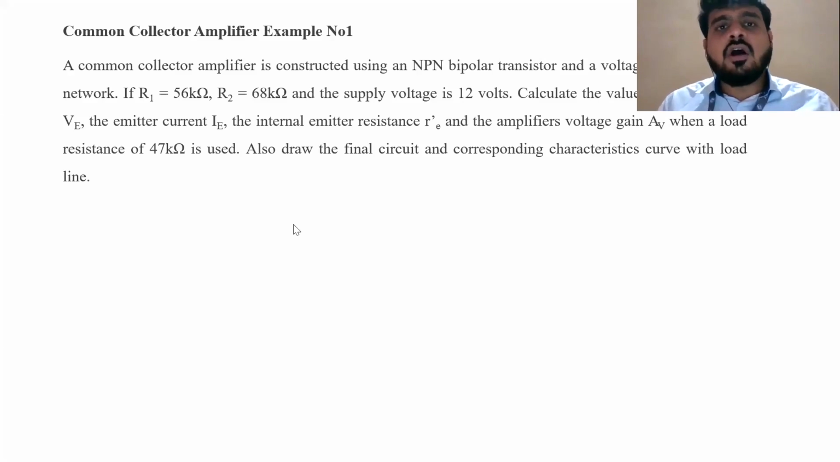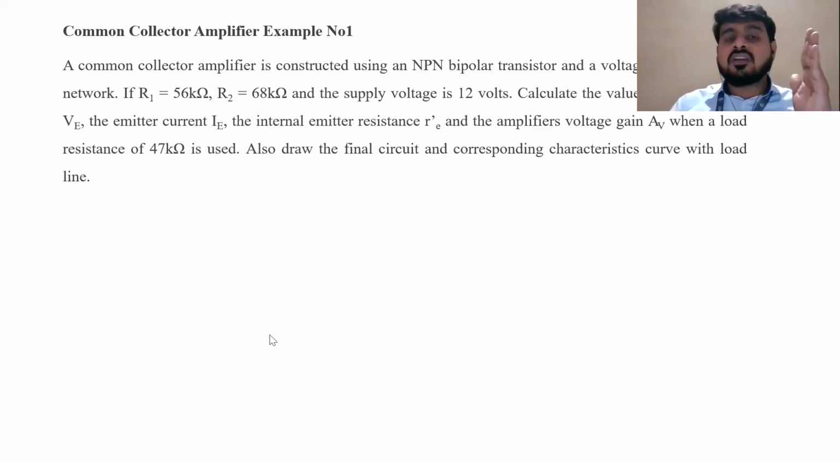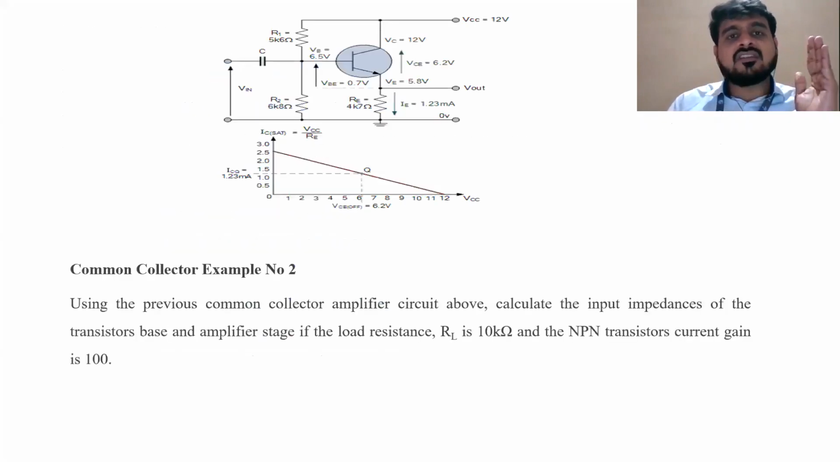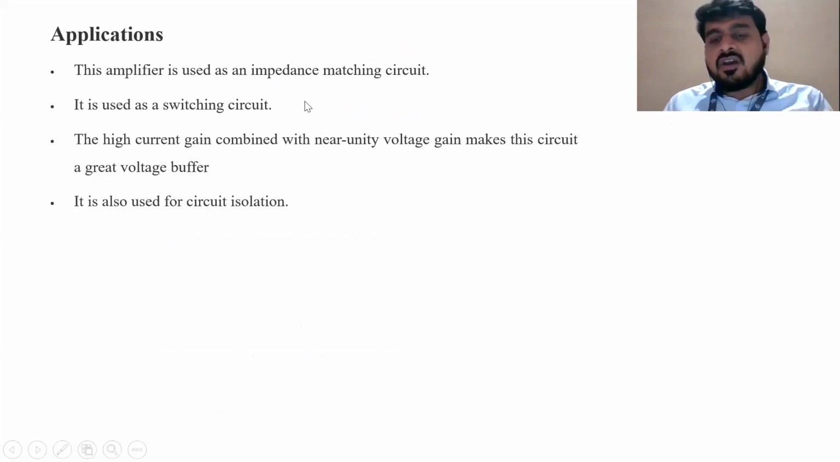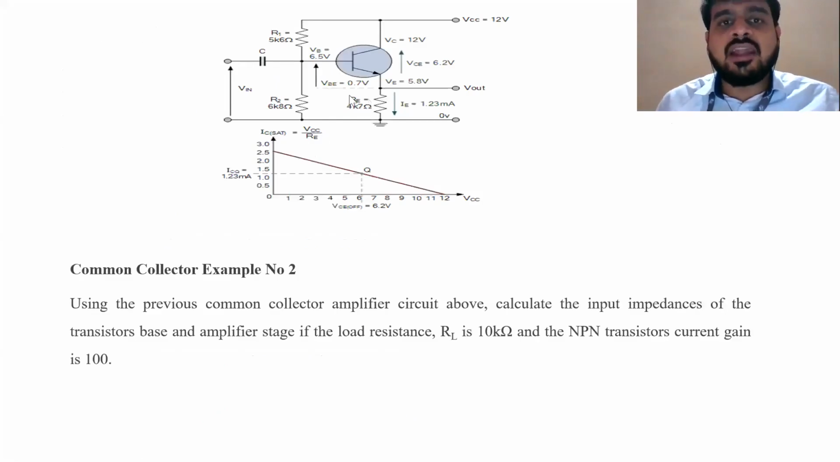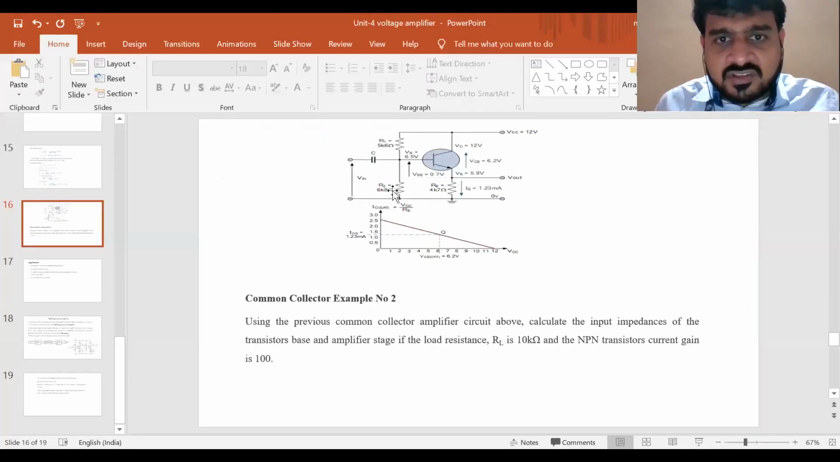We know that the circuit, like the voltage divider portion of the base terminal, will remain the same. Only the values are changing in that particular circuit, because now we have the values of R1, R2 and RE as well. So it is about 56 kilo ohm, 68 kilo ohm, and 56 kilo ohm, 68 kilo ohm, and 47